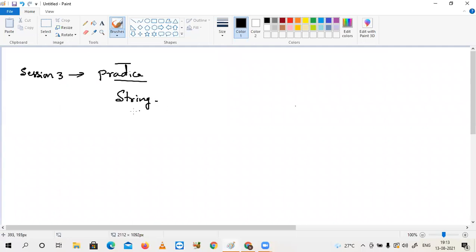On strings, we saw how to access characters within the string, how to apply slicing, how to take beginning characters, and how to take last characters. These examples we have seen. Before the end of this session I will explain what you have to install, so get ready for Monday's class with that software.